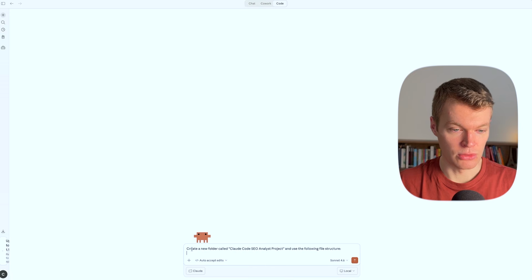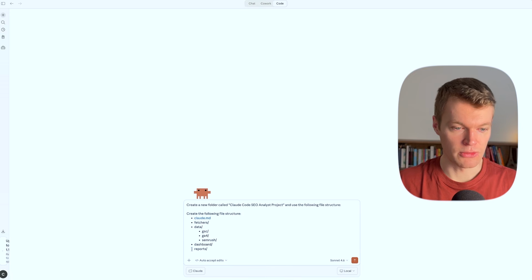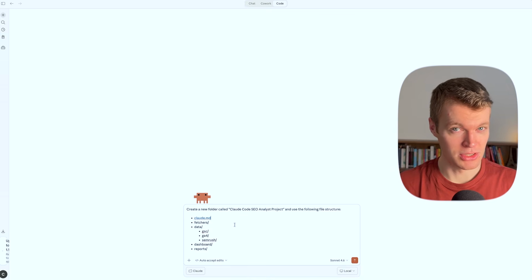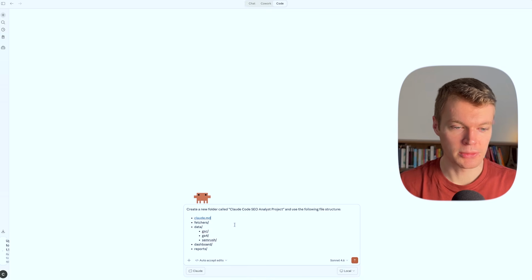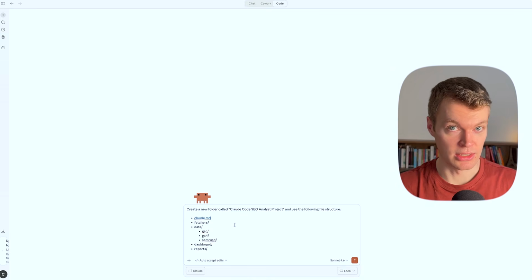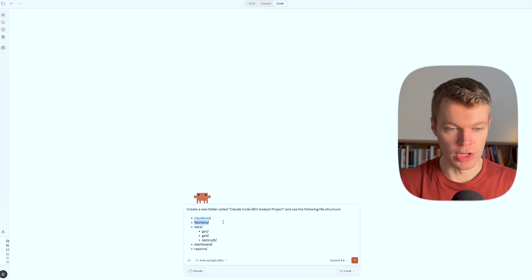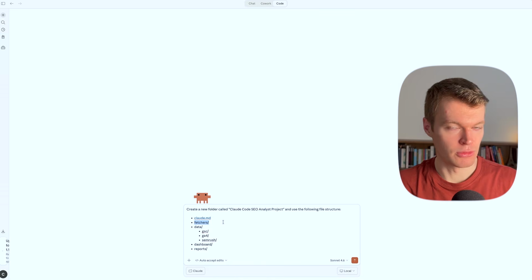And you just want to basically tell Claude to use this file structure, because each of these folders will store either a script that we're going to run. Again, you don't need to worry about coding them. We'll give you them in a second. Or it's going to be where you're going to store the data or the dashboard that we're going to build. So fetchers, I'll explain them. They're basically going to be snippets of code that Claude will run to get the data from Google Search Console